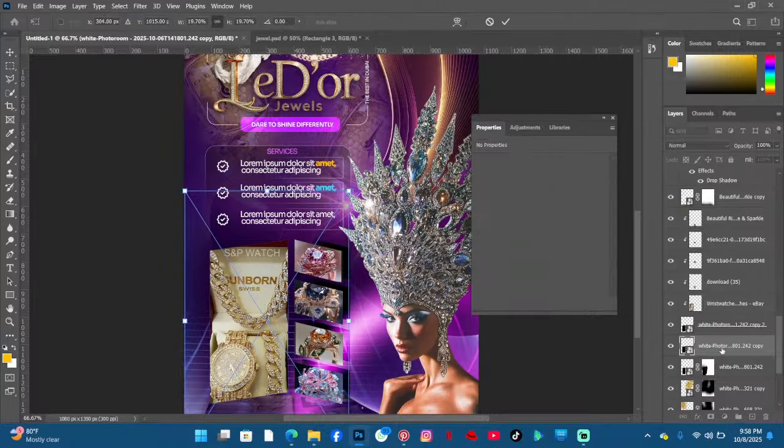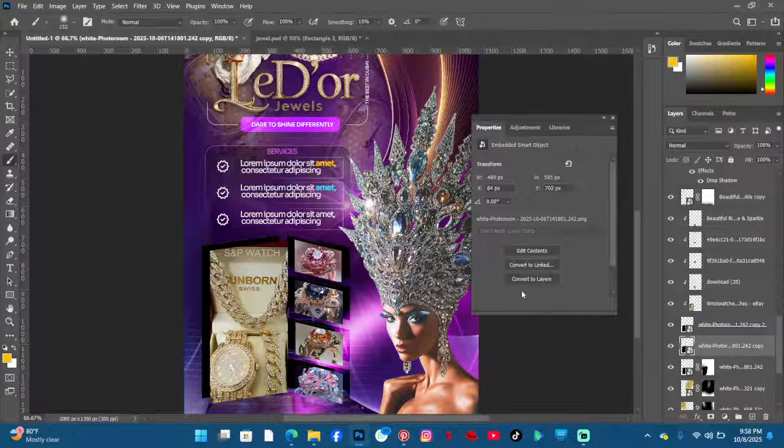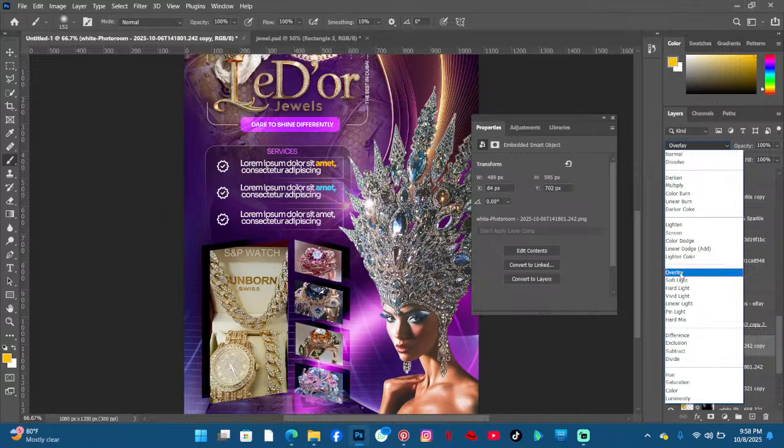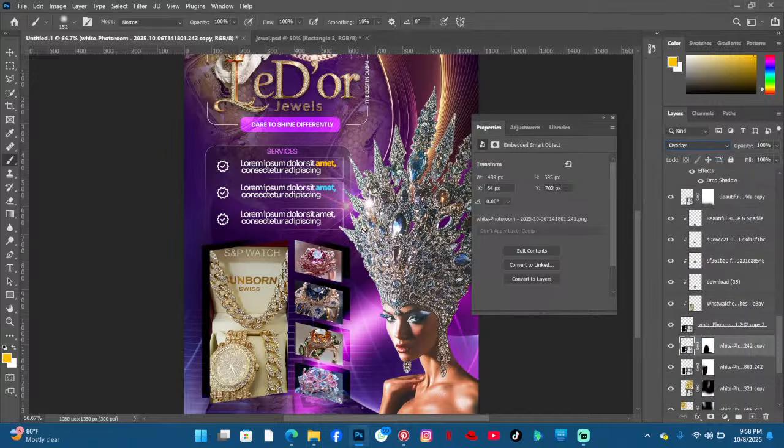So you do something like this, and you also move it up. Move it up, this one is too much. Maybe this is okay. Then we do the same thing we did for the first one. Maybe erase this area we don't want. And I think I'm going to change this also to overlay. You might not see the difference now, but when I add the purple, you're going to see it. So once we've done that,